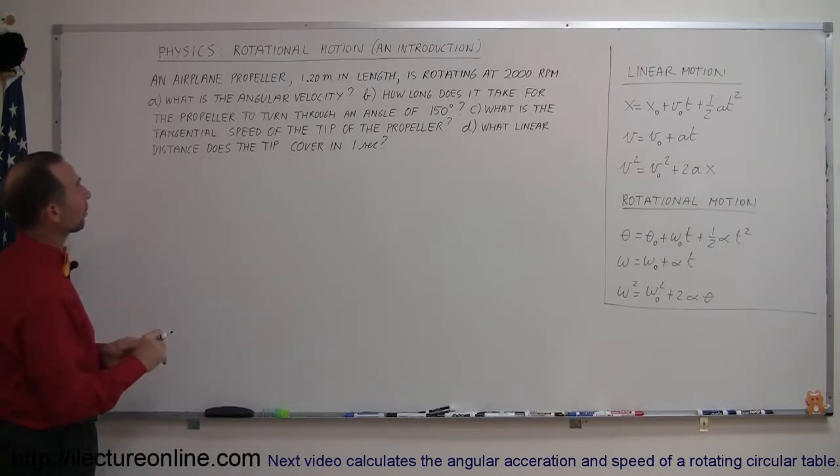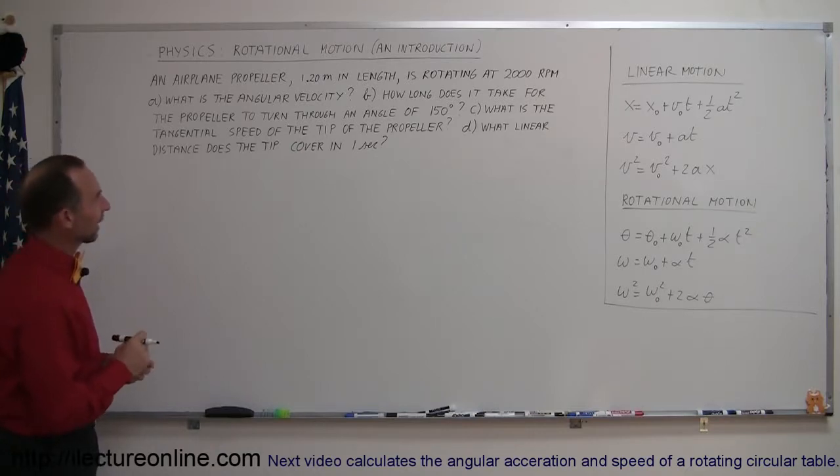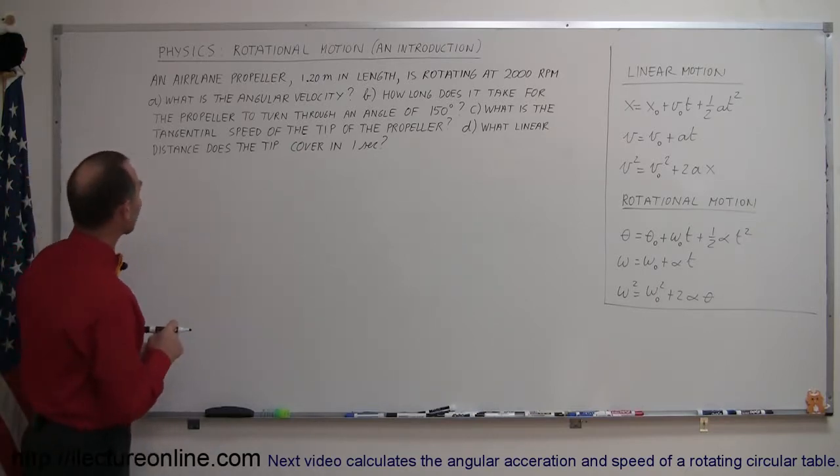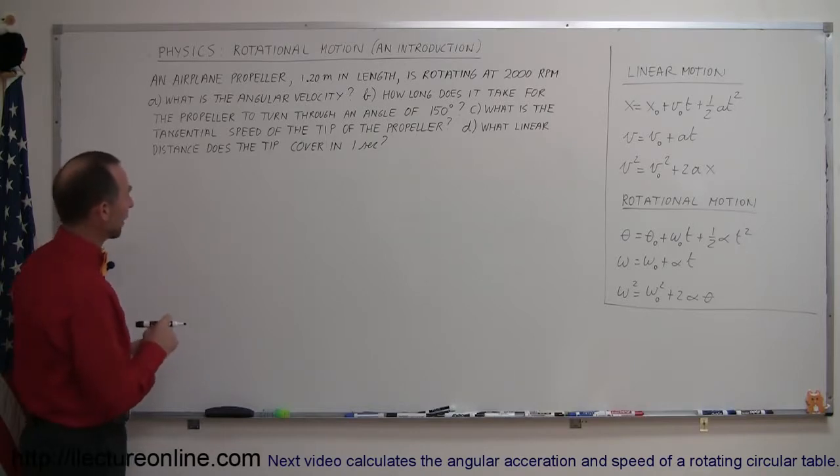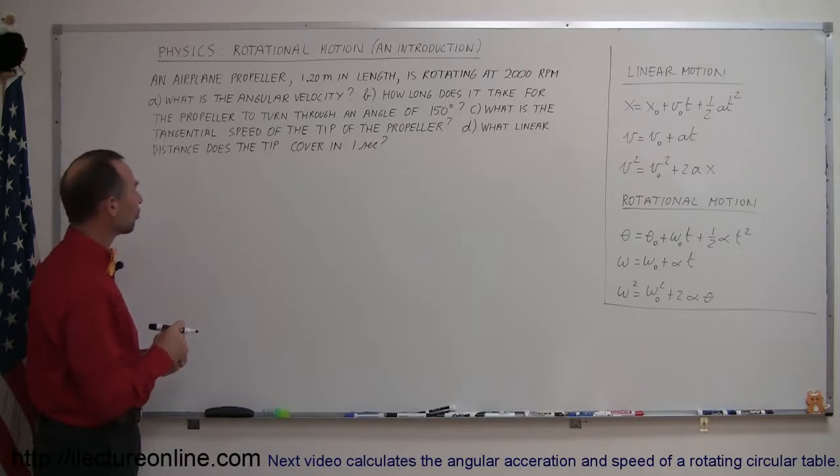It says an airplane propeller, 1.2 meters in length, is rotating at 2,000 RPMs. What is the angular velocity? How long does it take for the propeller to turn through an angle of 150 degrees? What is the tangential speed of the tip of the propeller, and what linear distance does the tip cover in